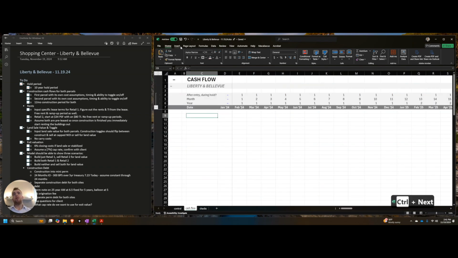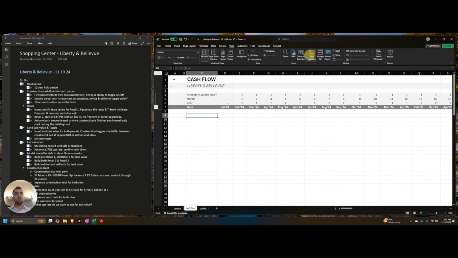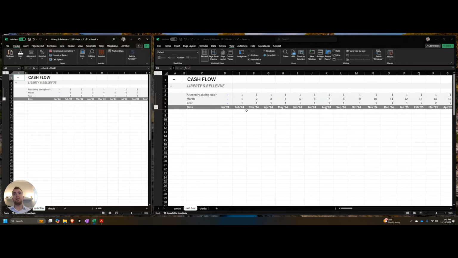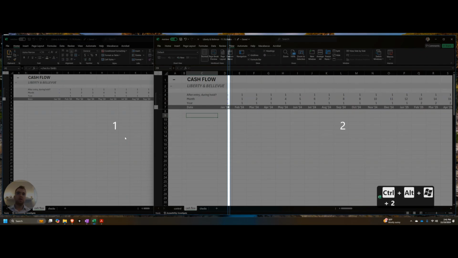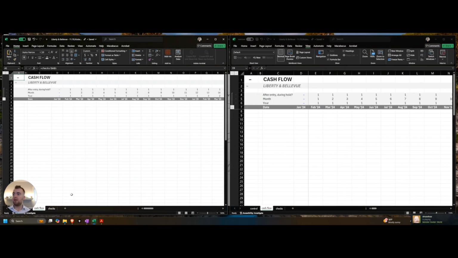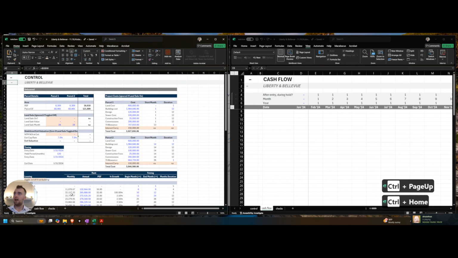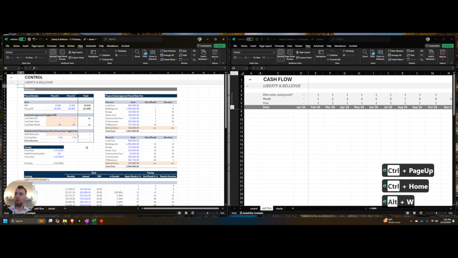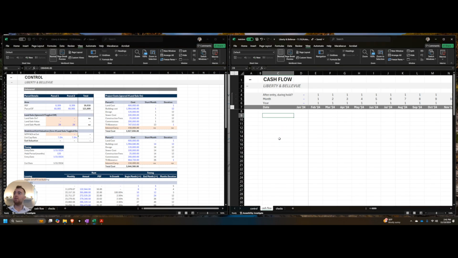So the thing we're going to do to accomplish that is split our screen so we can see both. If you're curious how I am able to split my screen like that, I use a tool called Microsoft PowerToys. It's got a tool inside of it called FancyZones. But anyways,